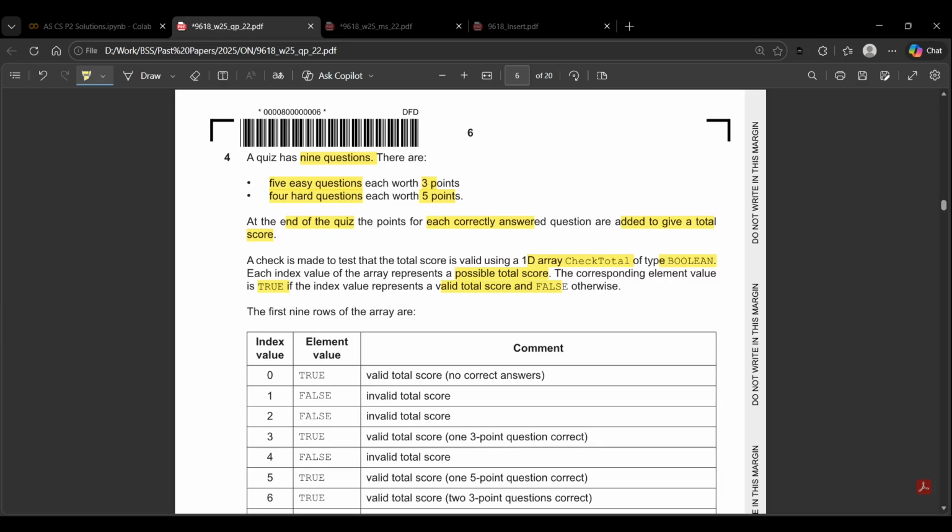Okay, so we have an array and there is a quiz that has 9 questions, and 5 easy questions which are worth 3 points. So we have 5 easy questions ranging from 3 points, so that means from 0 to 14 points. Then there are 4 hard questions worth 5 points each, which is 0 to 19 points, like this, right? And then a quiz has 9 questions. So when we have 9 questions, they have 5 easy. So 5 easy is